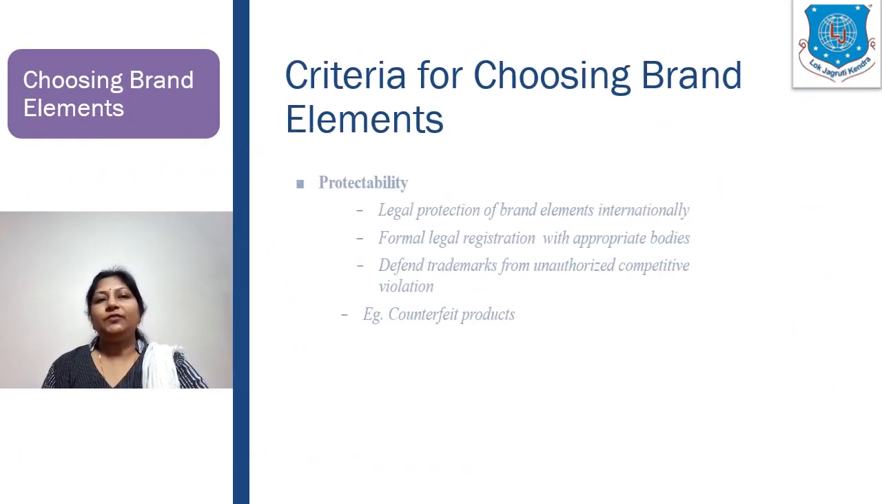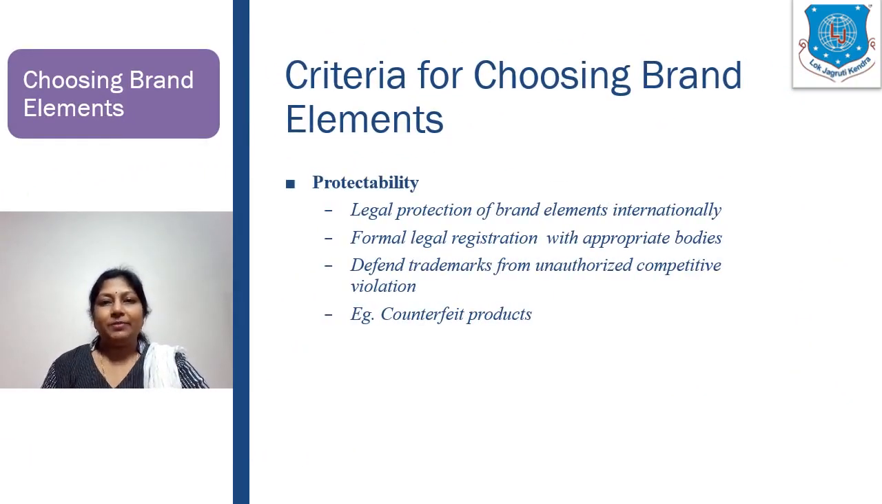The sixth criteria for choosing elements is protectability. This is the extent to which the brand elements can be protected legally and competitively. Now, brand elements need to be chosen in such a way that they can be internationally protected or registered with appropriate legal bodies so that no one else is able to take away the distinction that you have created with the quality of the product, the value that you are giving, or the services that you are providing for the